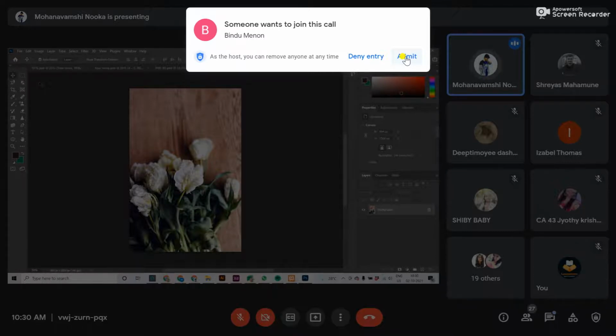If you want to do adjustments on your own instead of using the auto option, you can go to Adjustments. This is Brightness, like Auto Contrast. You can change it however you want. This is Levels, to decrease and increase the white in your image. All these are adjustments. Vibrance increases the color, and then there is Saturation.